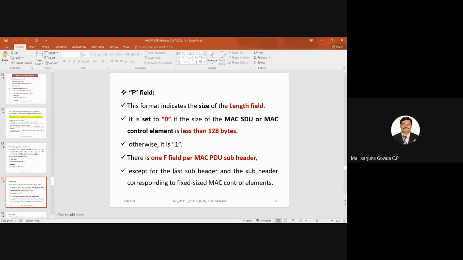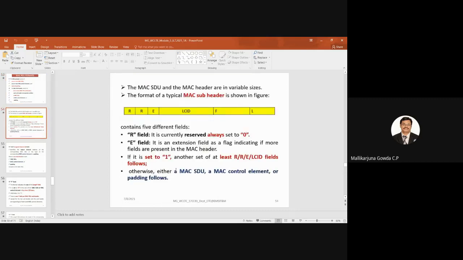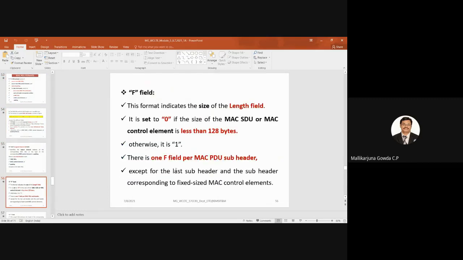Then the F field. After LCID, there is an F field, then an L field also. This F field, this format, indicates the size of the length field. It is set to 0 if the size of the MAC SDU or MAC control element is less than 128 bytes.